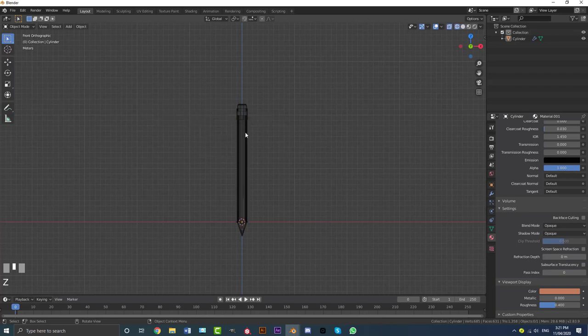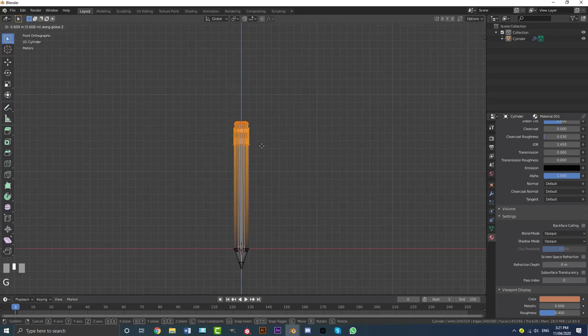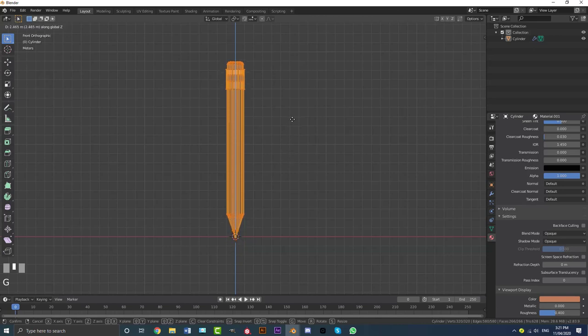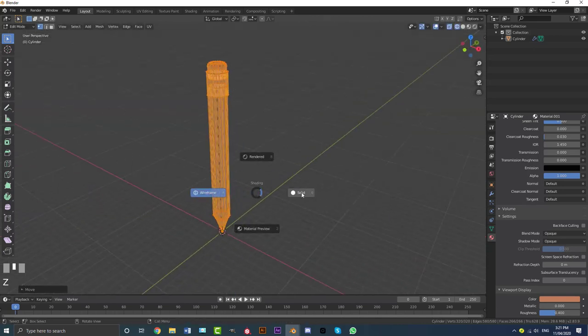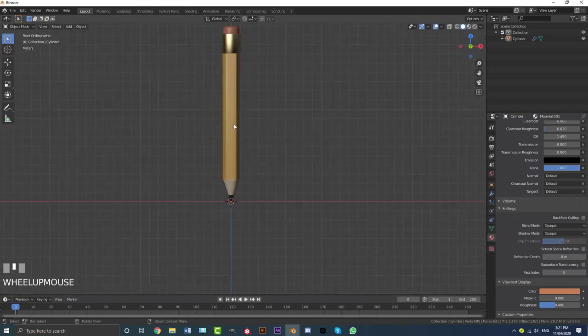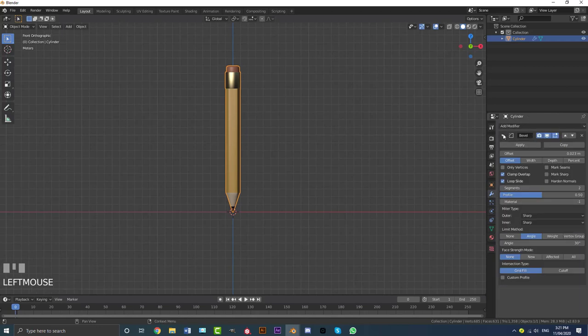So this one is a little bit too tall. So I'm going to go into my edit mode, just select these vertices at the top and go G, Z, and just bring them down to about here. Go A to select everything, and G, Z, and bring it up to this red line over here, so it's sitting right on our floor. So here we have our pencil, and all we have to simply do now is go into our modifiers, and